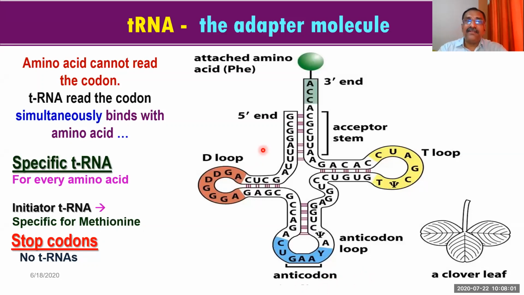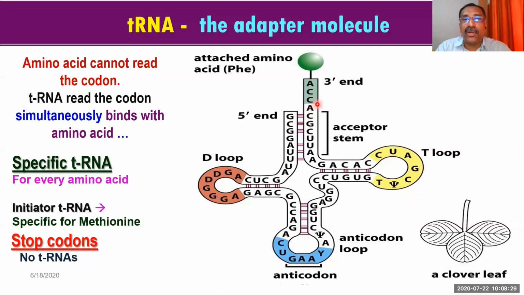And after that, this end we can say is the free end. At this free end, one thing you remember without fail, you have to add this point. This is the 5' end. Left side में जो end होता है that is 5' end. Right side में जो end होता है that is 3' end. At the 3' end, you can see that 3 nitrogen bases are unpaired. Rest all are paired over here.